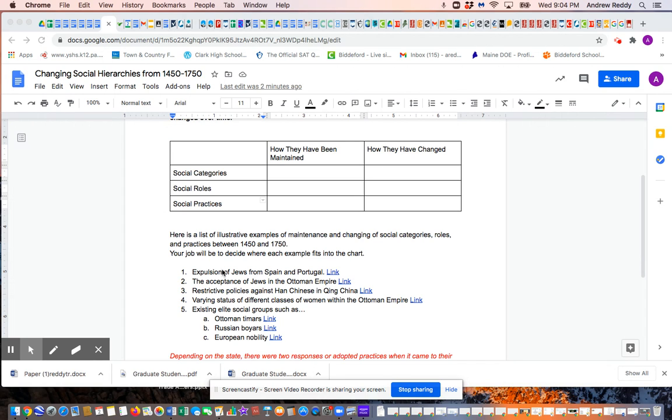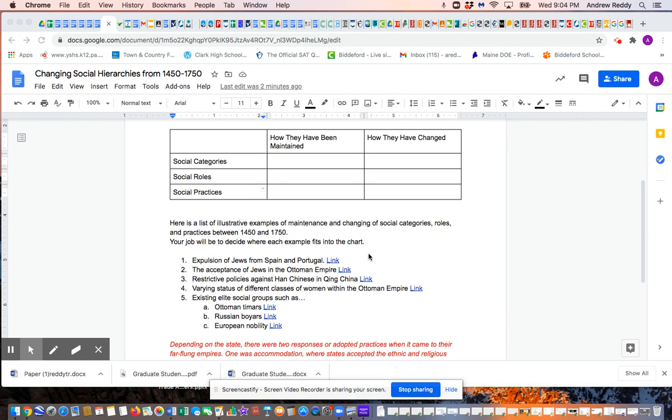Beneath the chart, you will see there is a list of illustrative examples of maintenance and changing of social categories, roles, and practices between 1450 and 1750. Your job is going to be to decide where each of the examples fit. So technically, you have 7 of them altogether: 1, 2, 3, 4, 5A would be 5, 5B would be 6, 5C would be 7. 7 altogether. When you look at these, you're going to see that there's a link for you to further explore each of the 7. Once you read the link and learn more about these 7 items, you're going to decide,